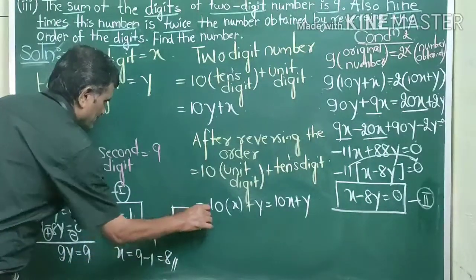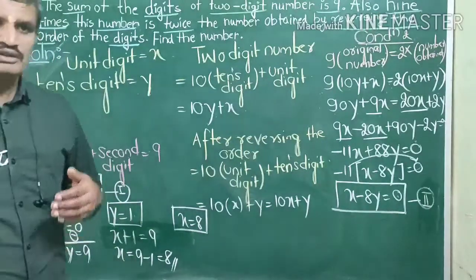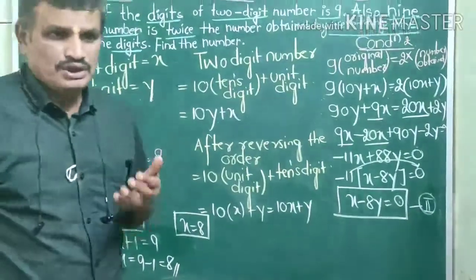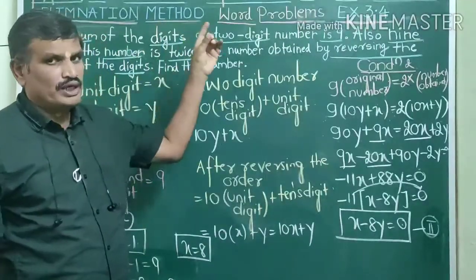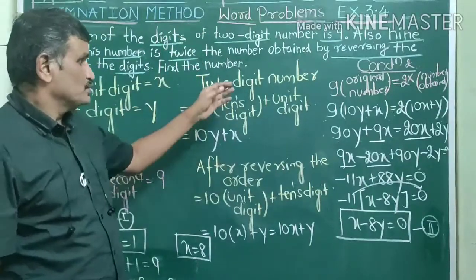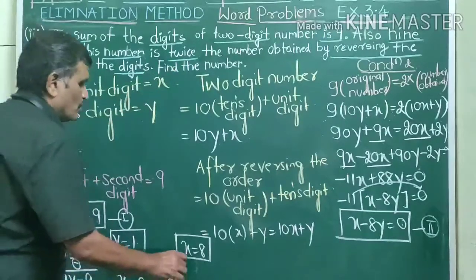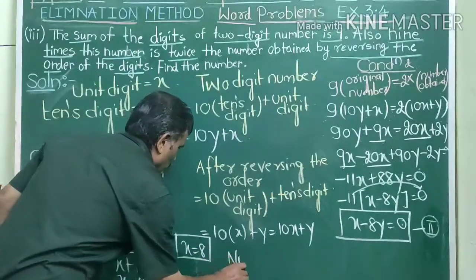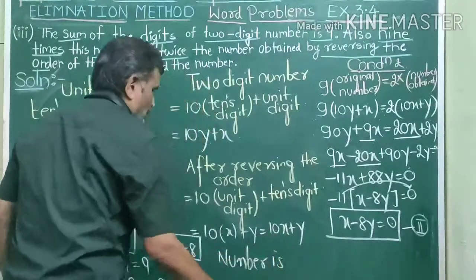What mistake do they make? They feel that after finding the value of x and y, the problem is solved. Actually the problem is not solved, because in the question nowhere it is mentioned to find the value of x and y. You are supposed to report the answer, find the number. So if you want to find the number, then how should you report?